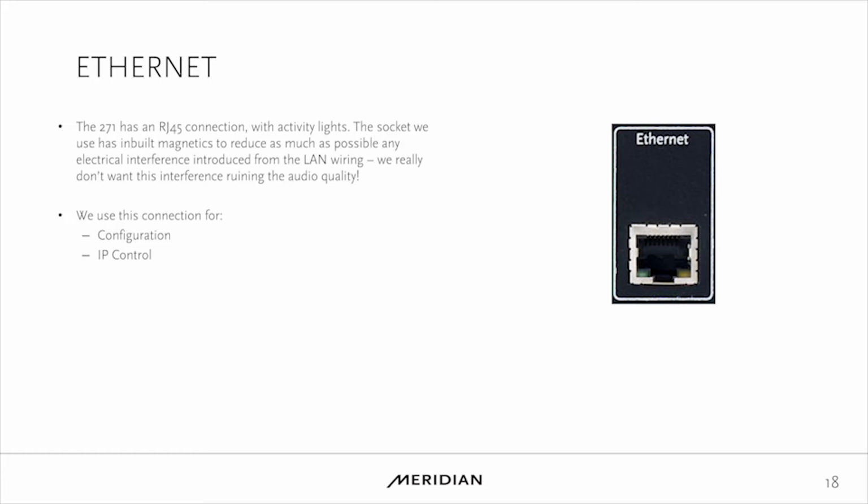But also the IP control interface, which is published for installers to use, that will let you control all the features of the 271, so all the volume, all the menus, all the source selections. So one of the things I do understand about Ethernet is that it can be very electrically noisy. Have we done anything in particular to...